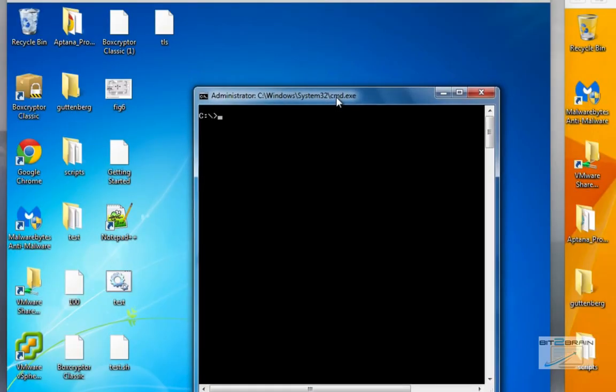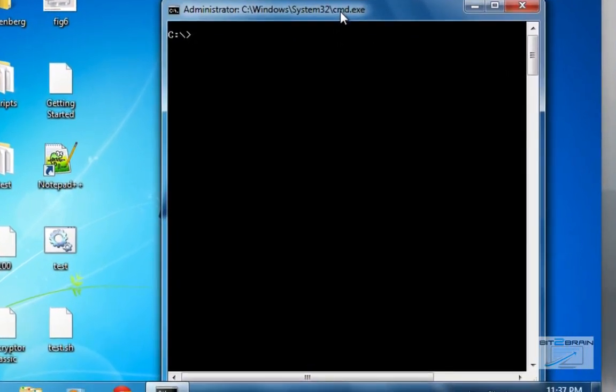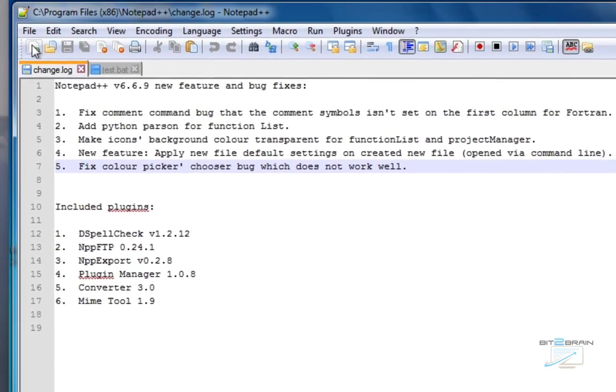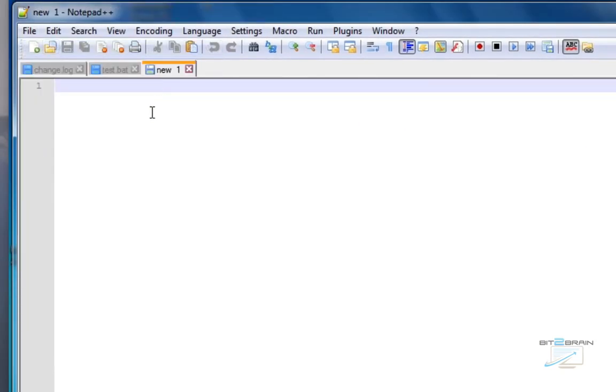So let's say, for instance, we want to create a few accounts quickly. So a few generic accounts, and we want the user to change their password when they log in. We can make this hundreds of accounts, but for this simple example, let's just create a few. So I'm going to open up Notepad++, create a new file. So we say net user, and we'll just say user1. So we'll put this under domain,